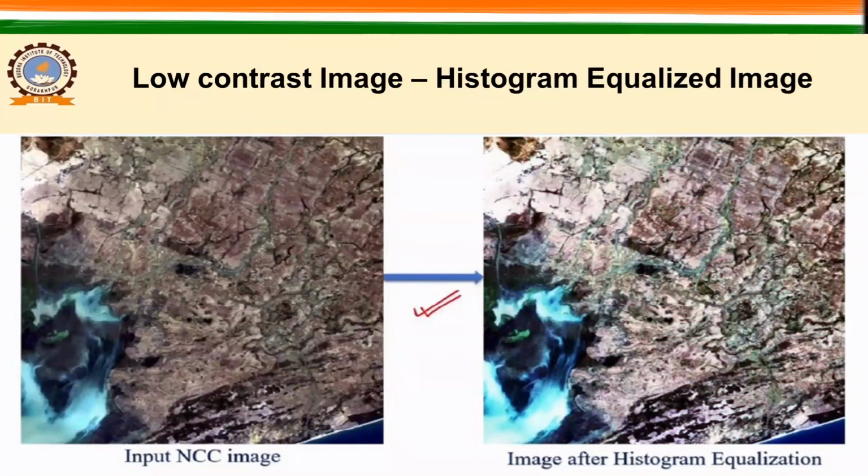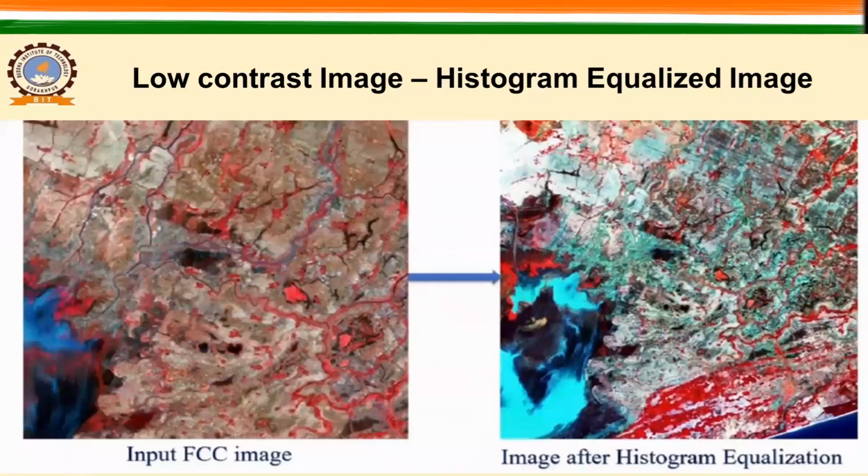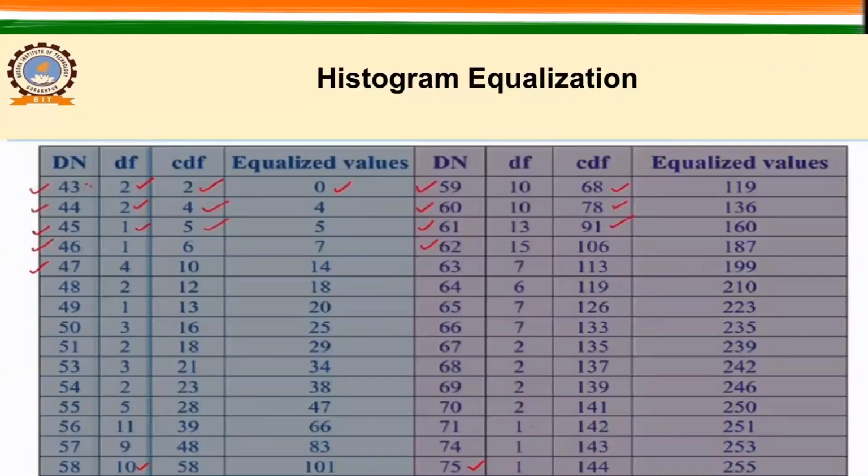This is the method you are going to use in your research also, because linear contrast stretching is not always very useful, but non-linear algorithms are better, because in nature we have non-linear behavior. So always go for the non-linear, and specifically the histogram equalization method, which is based on the lookup table approach. This is one of the good methods, right? This is another example you can see here. So this is all for the day. So this is an example.